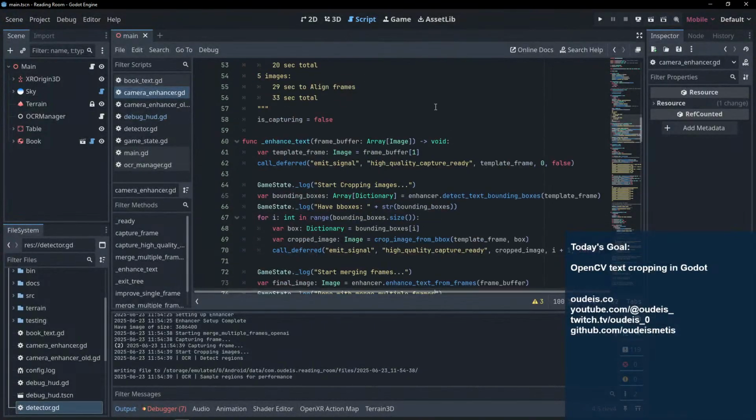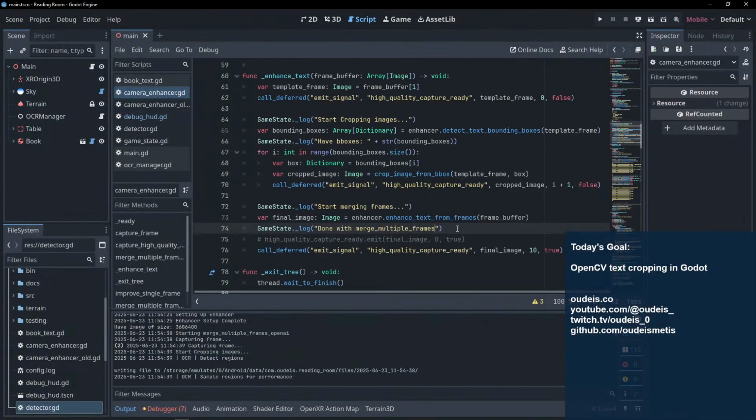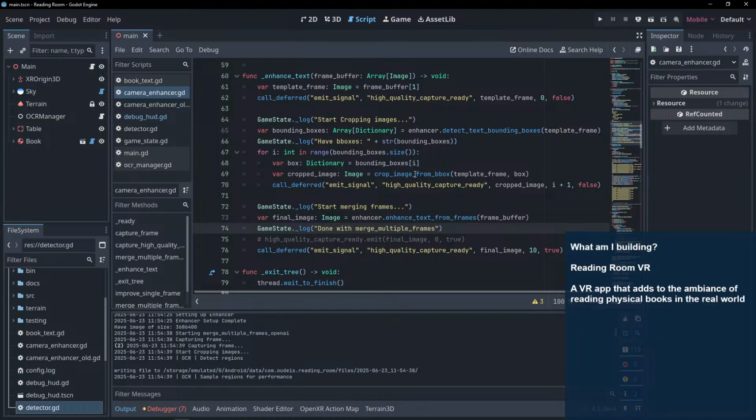No, we should be up here, right? Yeah, we got our bounding boxes. Right. So let's do, okay, let's do